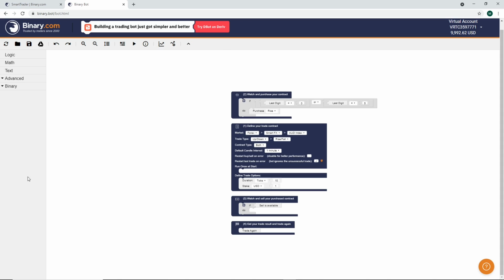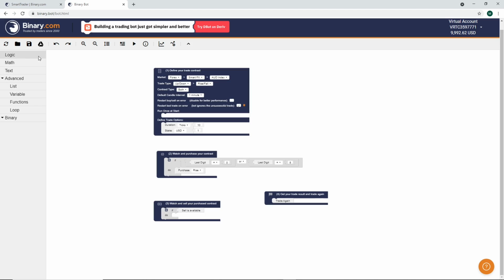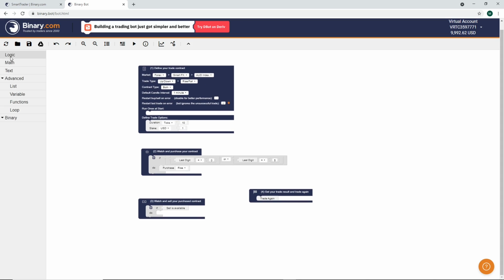Then we will move to these blocks. These are the tools to develop our bot. Here the very first one is logic. Without logic no bots are present. All bots contain some logic in those blocks. In our bot also we are going to design some logic. To design that logic, the logic tab is used. In this logic tab there are some conditions: if condition, equal to operators, and conditions, true or false, boolean operators. This logic contains these many conditions.